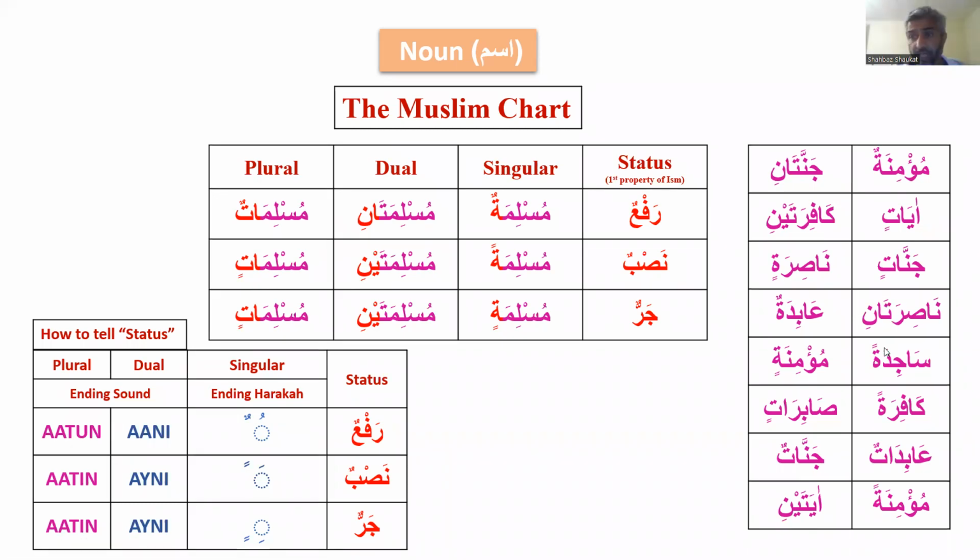So I will stop here and I will ask that we go into the breakout room. In the breakout room, we practice this table. If we are done with this table, we can go to the next slide and there will be more words over there if you need more words. So we'll stop here and I will ask everybody to participate and identify the status of these feminine gender words based on what we have learned so far. So let's go to the breakout room.